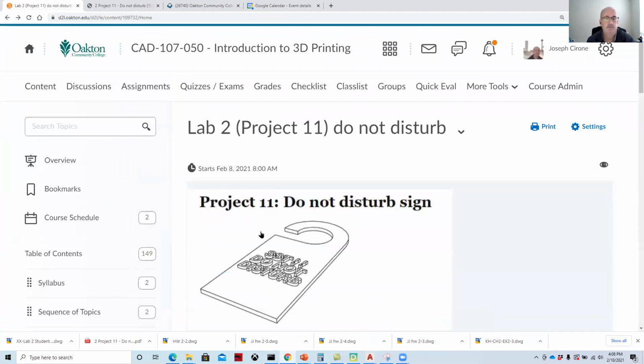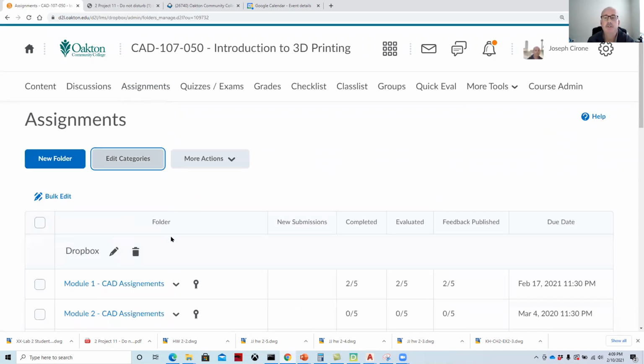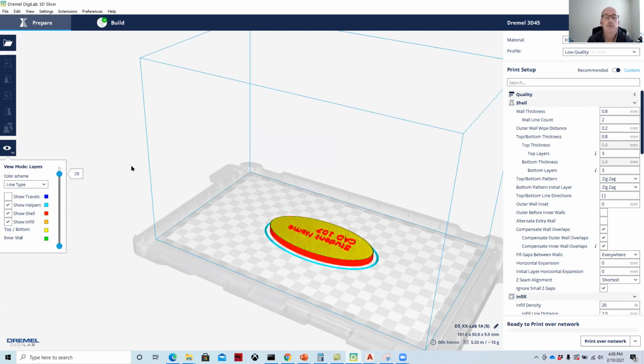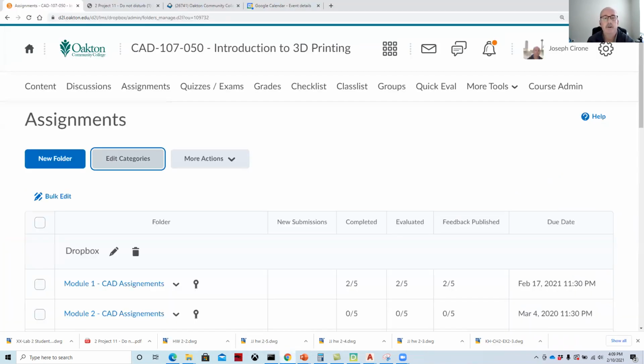As we look at the projects and what we've been working on, once we create a part, you are to turn that into the assignments folder. I had a couple of students turn in their parts to the assignment folder, and I'm going to show you what we do with those once we have that file and we're ready to 3D print. We have a software called the Dremel DigiLab 3D slicing software. Remember, you need to get this software from